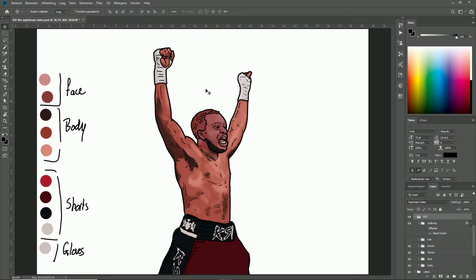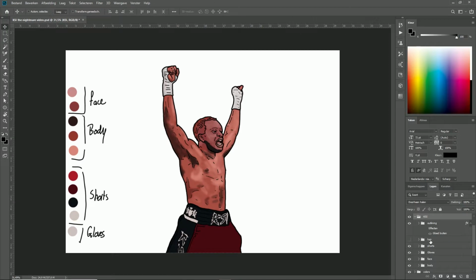So it's not too in-depth on how to do it, you just need to get a feel for it and practice it a lot, and eventually it will just become second nature. So moving on to the shorts, I used this dark red as a base color, and I started off with the lighting. A lot of these are referenced from